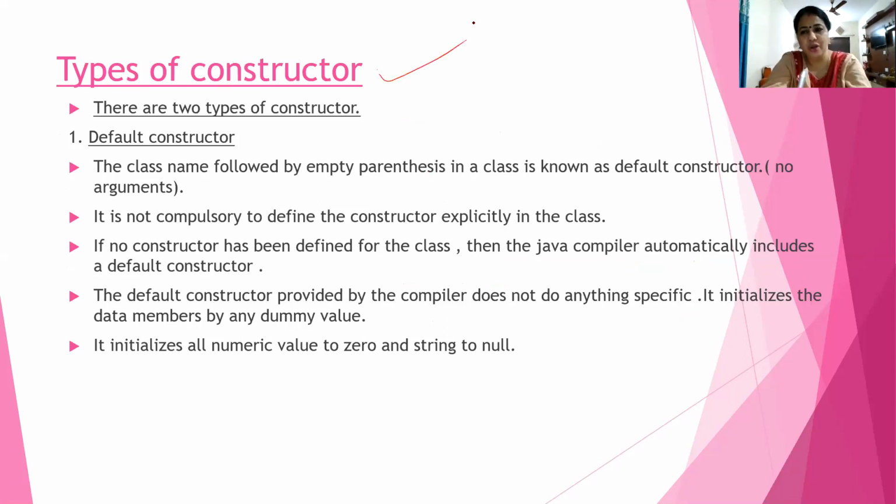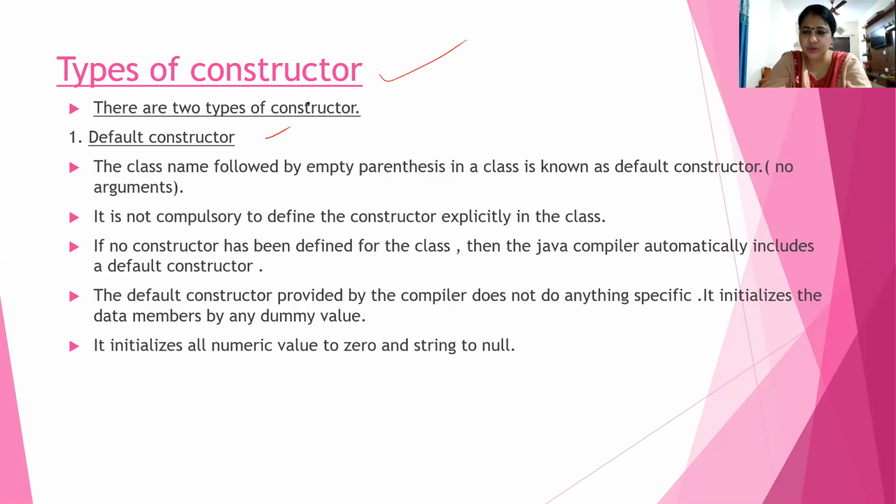So you understood now what a constructor is. A constructor is a special method which helps you to create and initialize the object. Second, the constructor does not have any return type, not even void. Third, it has the same name as the class name. And the main motive of the constructor is to initialize the instance variables. There are mainly two types of constructor. One is called the default constructor, another is called the parameterized constructor. So first we discuss the default constructor.